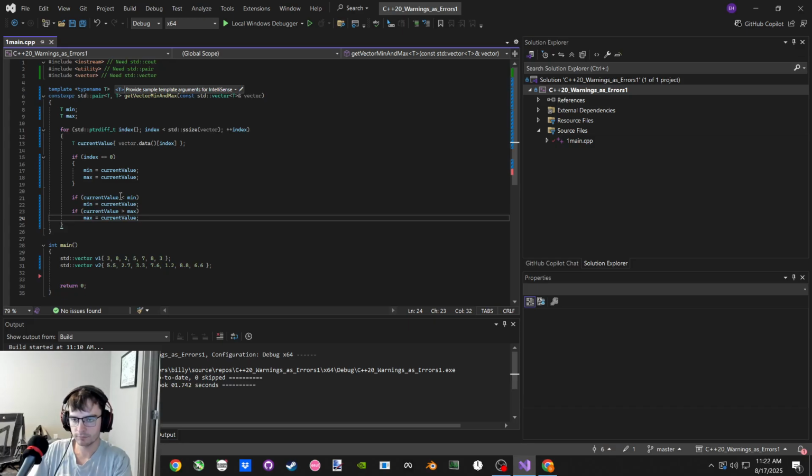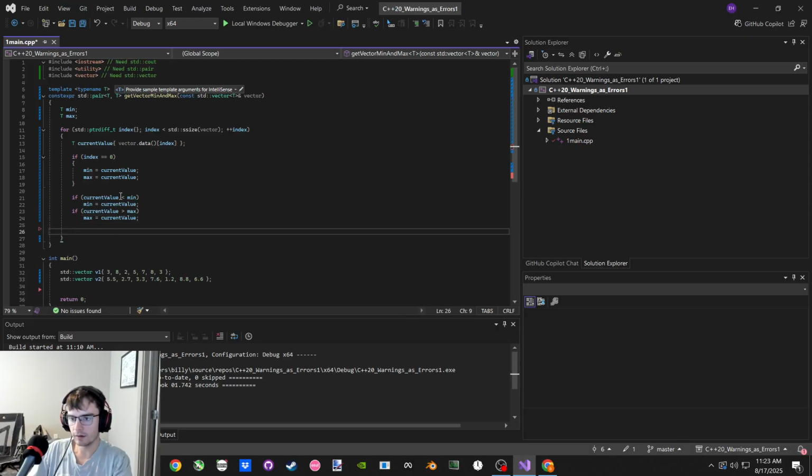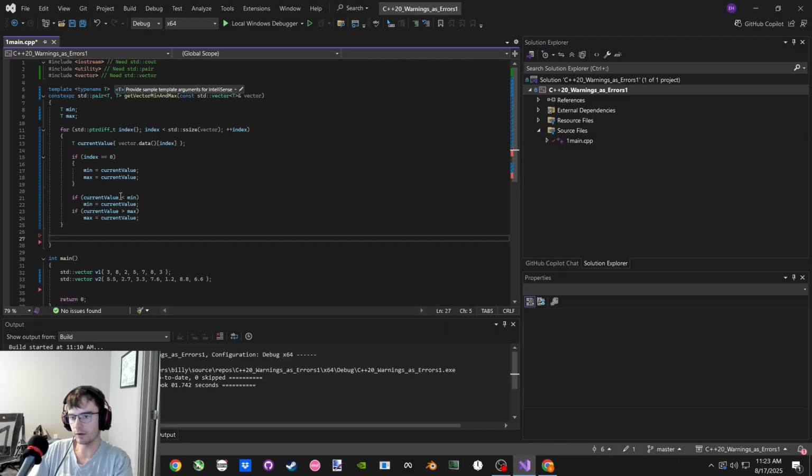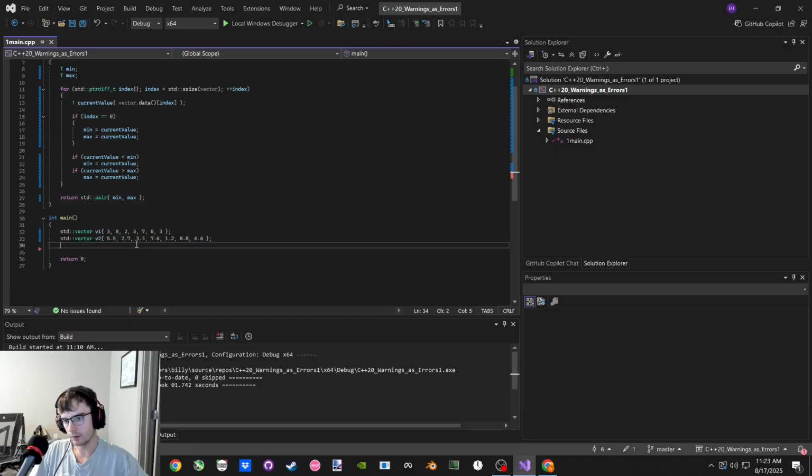Okay. And then I think that means at the end we would have the values, and then we could return a standard pair with min max, and then we could say